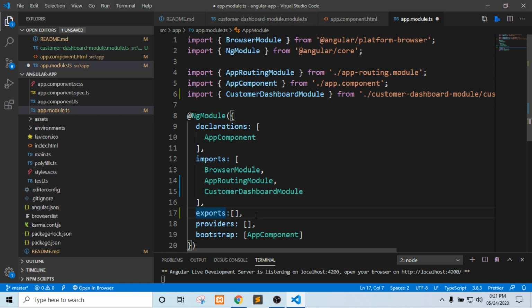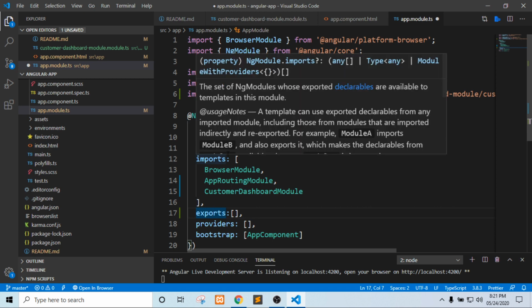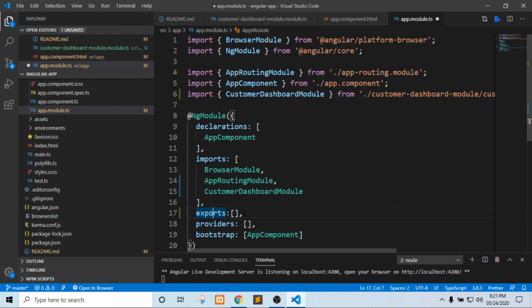If we want to use the functionality across the modules, suppose we have created one module like customer module or user module, and we want to use it in a different module. Suppose there is a function in the user module and we want to use it in the admin module, then we need to export those module functionalities, components, directives or pipes in that exports section. We will discuss more about this later also. So exports is basically useful for cross communication between the modules.